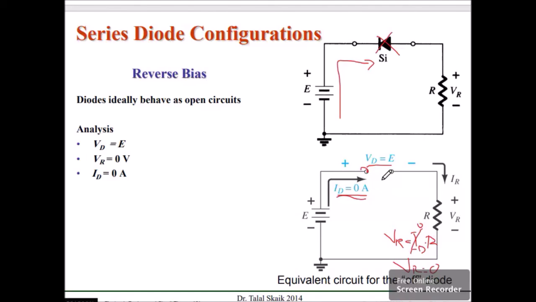And kung titingnan naman natin sa KVL, it can be proved naman. So, let us look at our KVL. So, kung magki-KVL tayo dito, maglo-loop tayo. So, anong voltage na encounter natin dito? We have negative E. Okay? Negative E, and dito we have our plus VD. Plus, what is the voltage across this one? VR is equal to IR times R. Plus